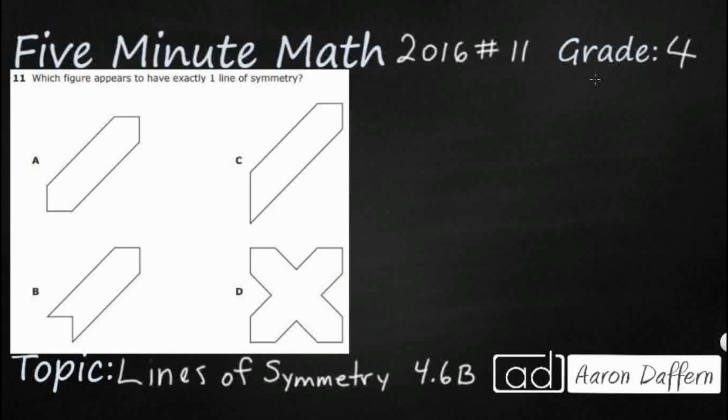So we've got 4 different figures here, and we need to find one that has exactly one line of symmetry. So we obviously need to define what this term is. What is a line of symmetry? Well, it doesn't exist. It's an imaginary line. So we're going to end up drawing some lines on these shapes, but it doesn't exist right now. They're imaginary lines